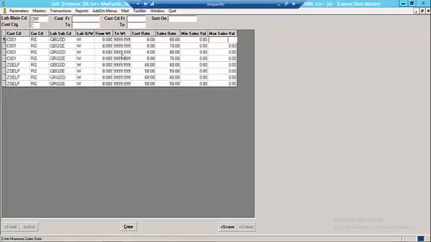then the minimum sale value and the maximum sale value. If the respective labor value of the design in the order entry is less than the minimum sale value, then the labor value is directly set as the minimum sale value recorded over here. Same in the case of maximum sale value. If the respective labor value for the design exceeds the maximum sale value mentioned over here, then the labor value is set as the maximum sale value mentioned over here.